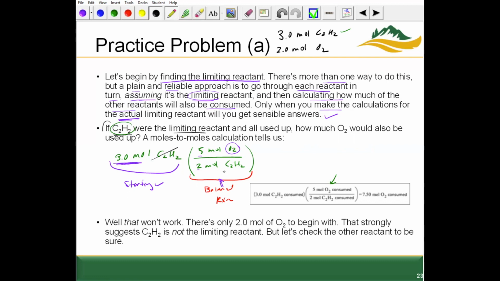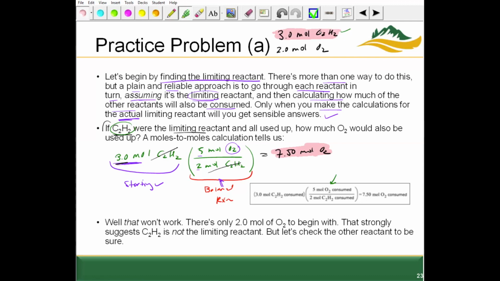Moles of C2H2 cancels out, we're left with just moles of O2. That means for every 3 moles of C2H2, we need 7.50 moles of O2. So for this starting amount, assuming it's a limiting reactant, we actually need 7.50 moles to match this mole amount